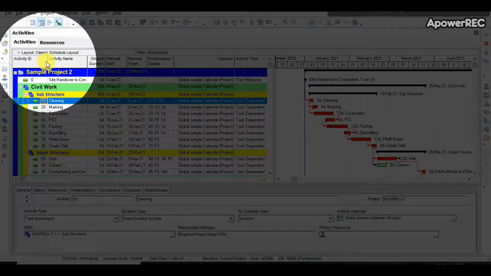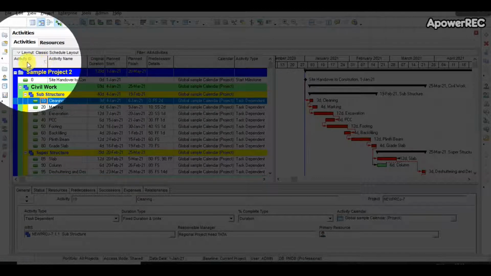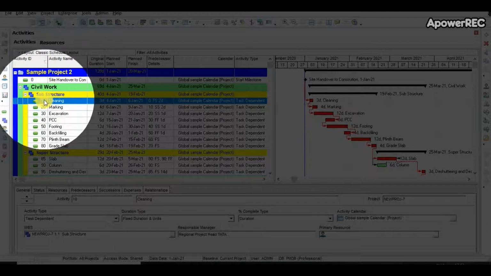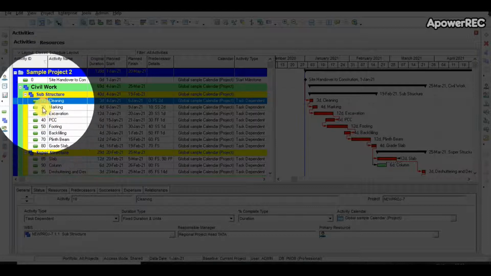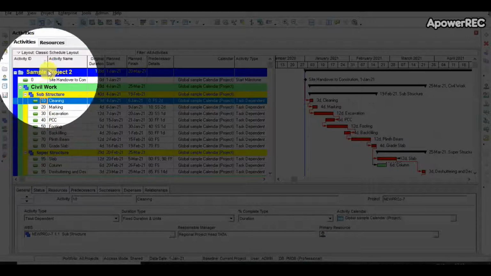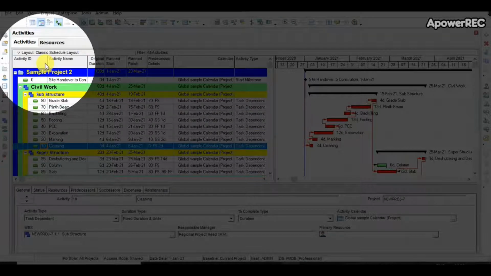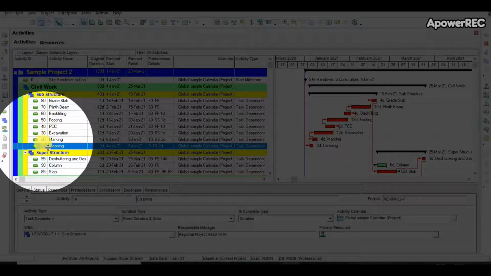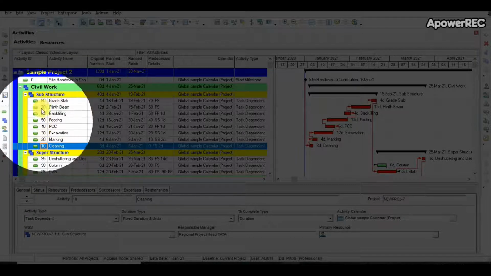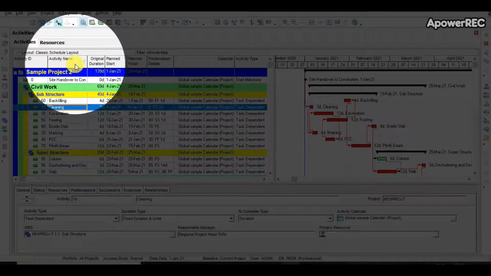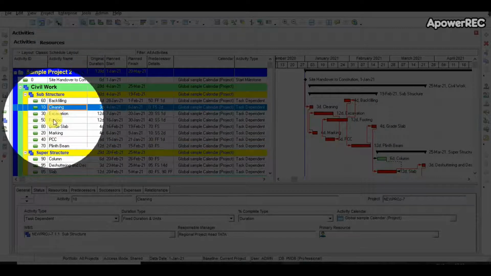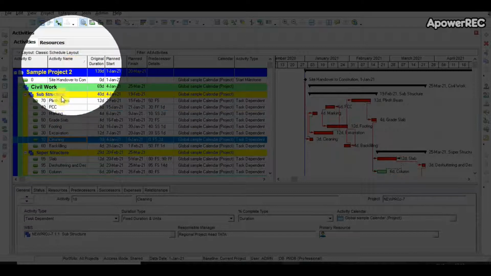The first and simplest way to sort the data is by clicking on the column heading. There will be one arrow, which represents that the column is currently activated for sorting the data. As we can currently see, on activity ID there is an arrow. Once we click on it, it becomes sorted in ascending order, and if we click on it again, it becomes sorted in descending order.